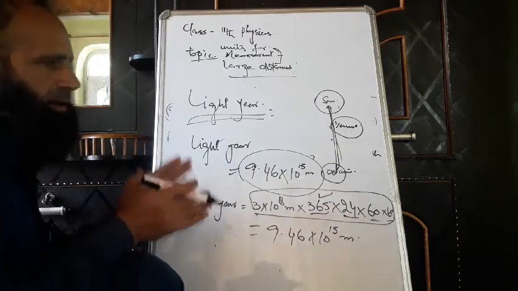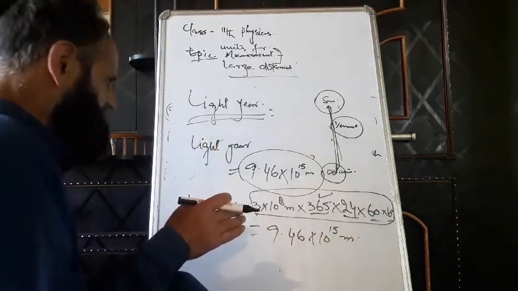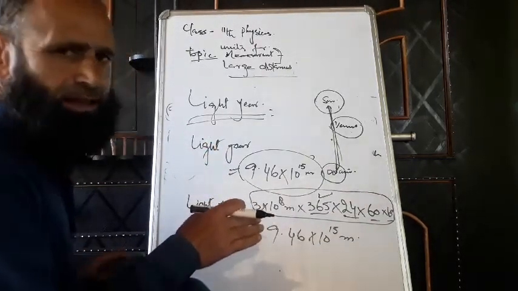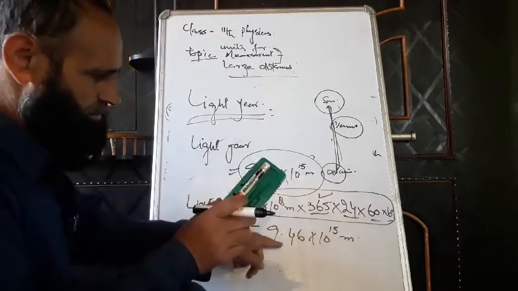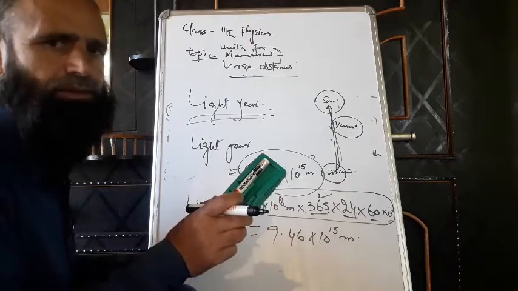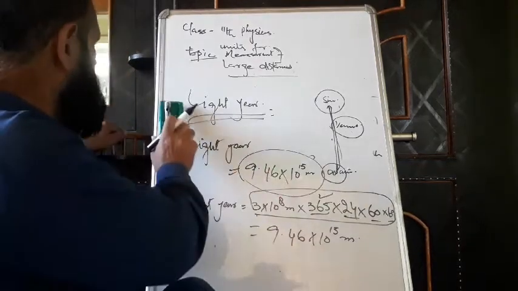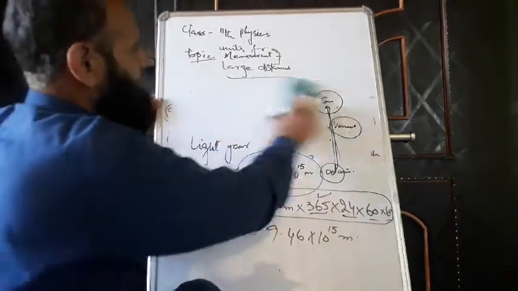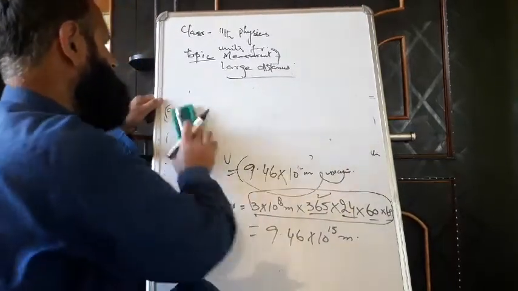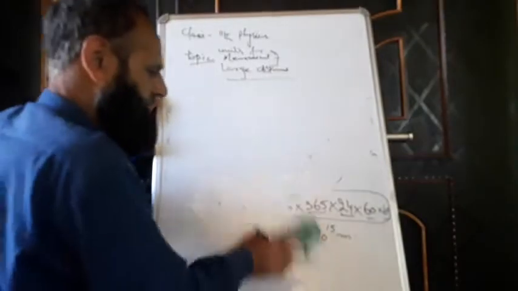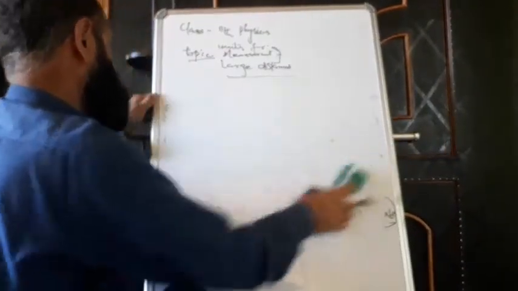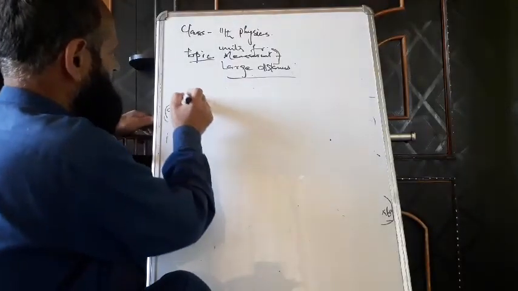What is 1 light year? The distance covered by light in 1 year through vacuum. We measure with this the distance between galaxies, the distance between black holes, and the distance between the other heavenly bodies of the universe. Now our last unit is